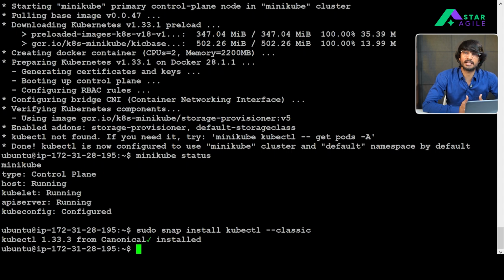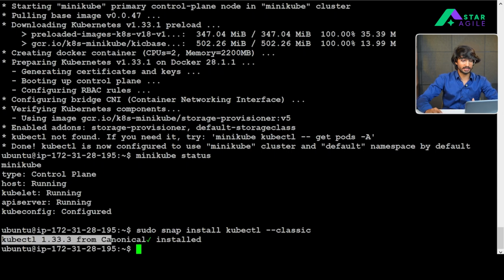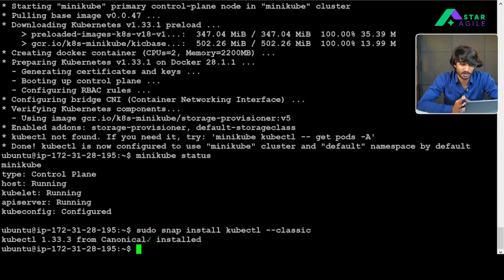Automatically Ubuntu will download kubectl from its snap store and install it also. As you can see there, kubectl is up and running, right? And let me run one simple command and show you whether it has created the cluster, and if the cluster is created, what it is called. We'll get to see some of the details.